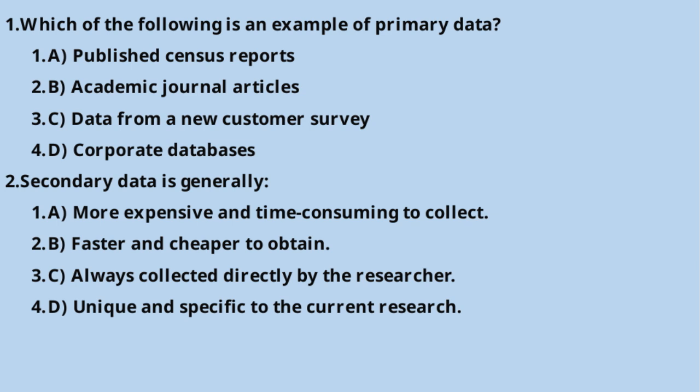Moving on to the second part of the slide, it discusses secondary data and how it is generally characterized. Most of us might think that collecting data ourselves is easier or cheaper, but actually, secondary data is typically faster and more cost-effective because it's already available. However, it's important to remember that secondary data might not always be perfectly suited to your specific research needs. It's not always unique or specific to the current situation, since it was collected for a different purpose. Overall, understanding the difference between primary and secondary data helps us choose the right sources for our research, balancing cost,